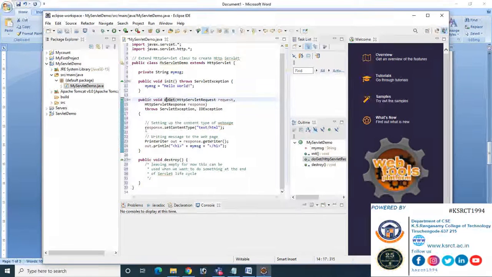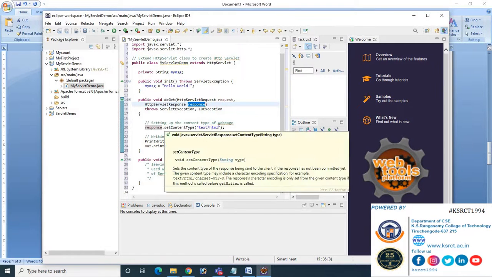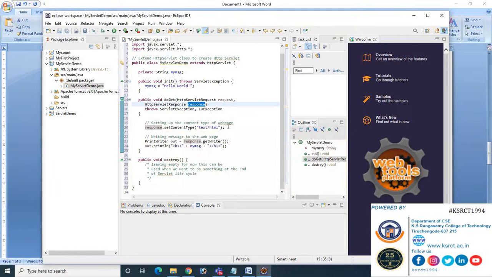After that we have to give the response object, response.setContentType("text/html"), which means that we are going to give the response to the client in the form of HTML itself. So we have to set the content type which is of type text/html.